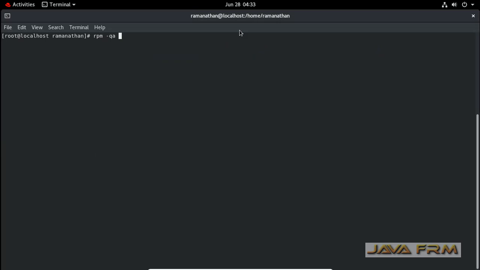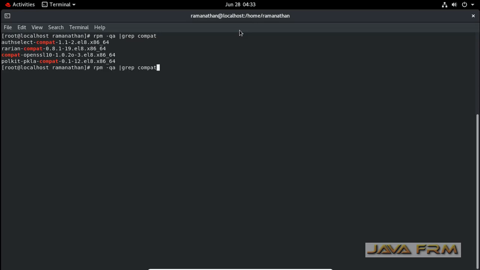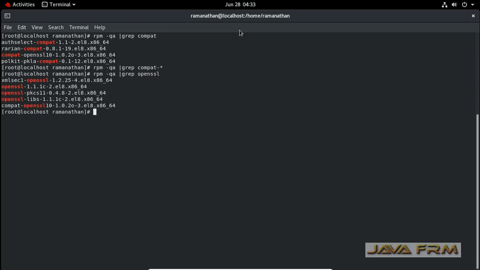So I am checking whether it is installed or not. So this is the command to check whether Compat OpenSSL is installed or not. Yes, it's installed here. Okay.